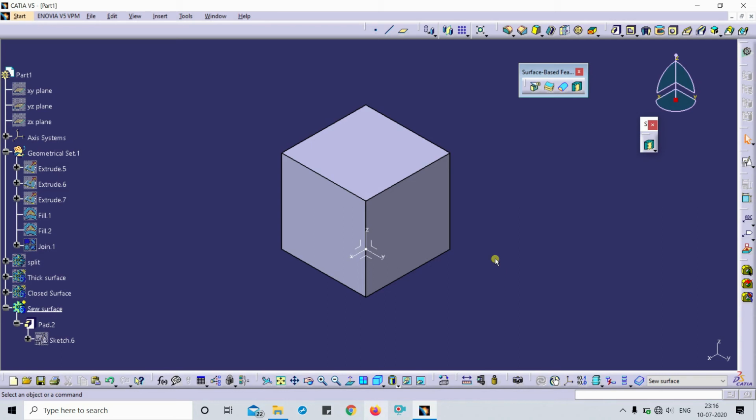To use this, I will draw a simple sketch. I will draw the spline.